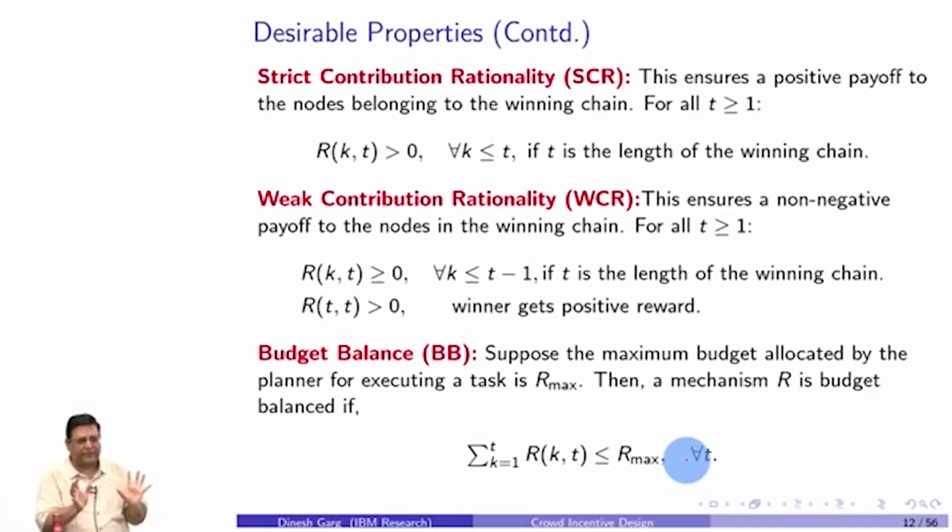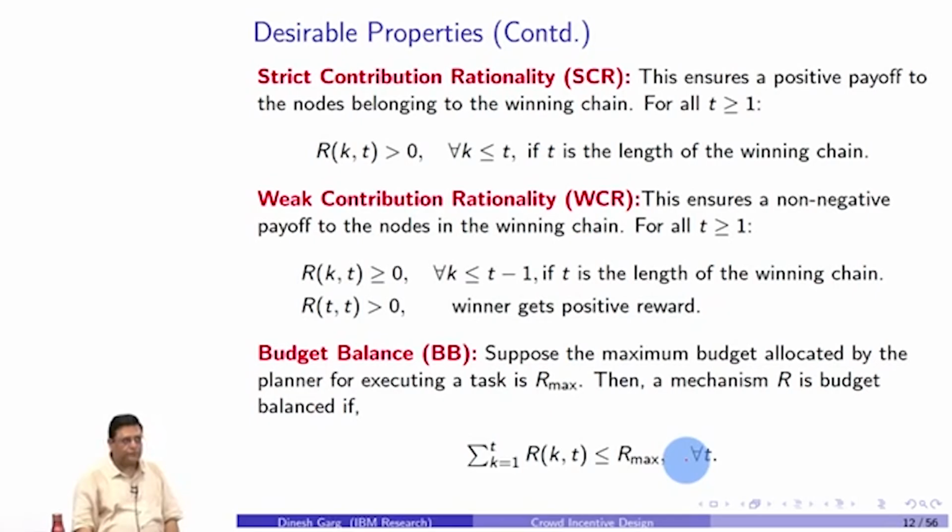This is my scheme. But even within that there is an enormous amount of possibility. Top heavy, bottom heavy. Even in top heavy, how should the rate of decrease be? In bottom heavy, how should the rate of decrease be as you go from bottom to top? There are so many variants possible. Which variant is the best variant is what we are now trying to find out. Which variant has the maximum amount of goodness in it. By goodness we mean some of these properties. The more of these properties they satisfy, the better it is.